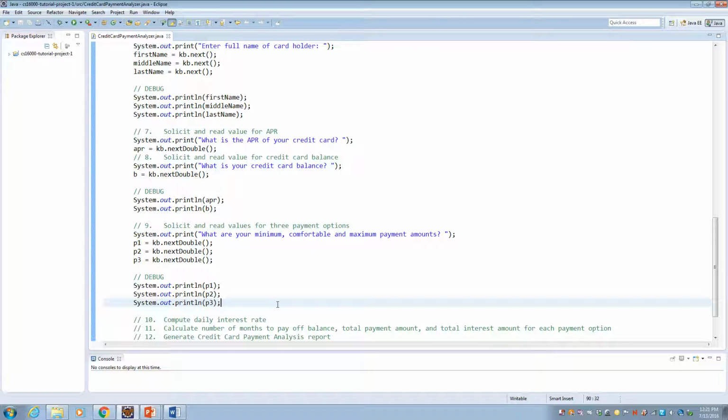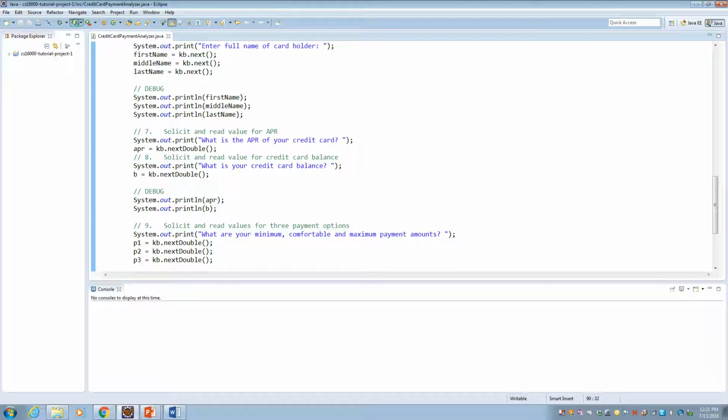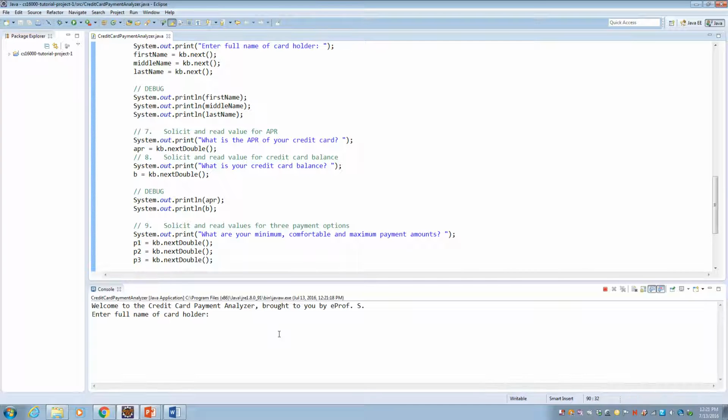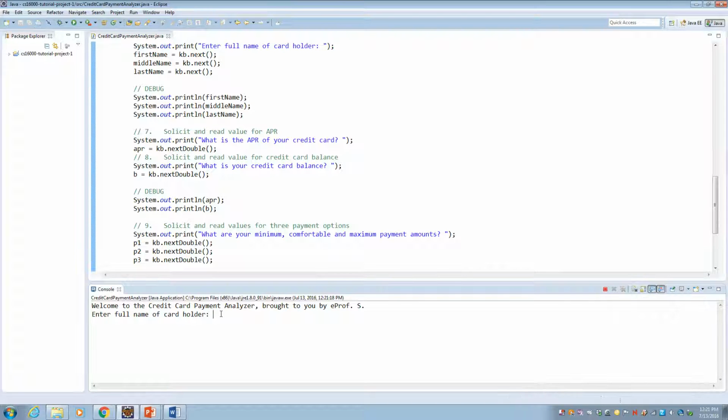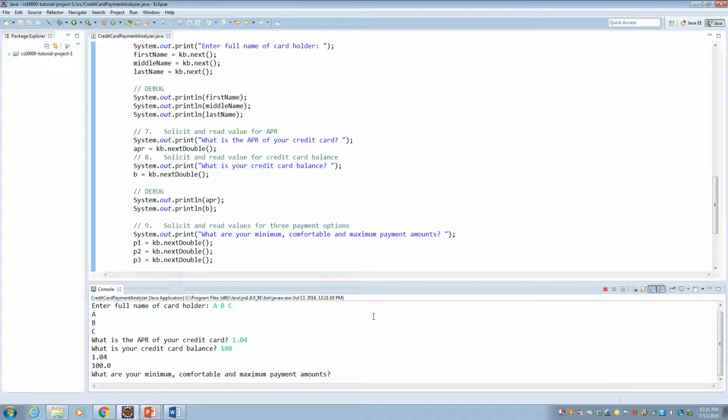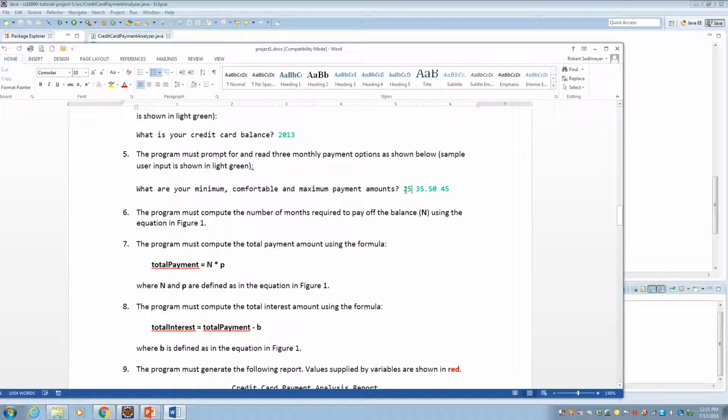Okay, now we've completed adding the code, so let's go ahead and test it out. And again, to test our code, we're going to enter values for all the previous inputs, and they can be anything, because we want to make sure that we haven't broken anything by adding the new code. All right, for this, I'm going to go back to my assignment and copy those values